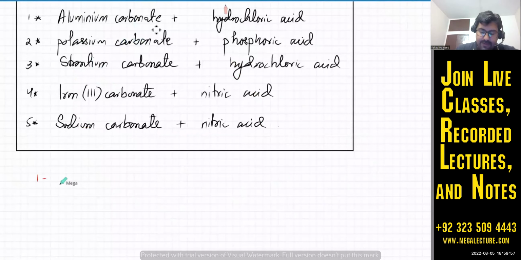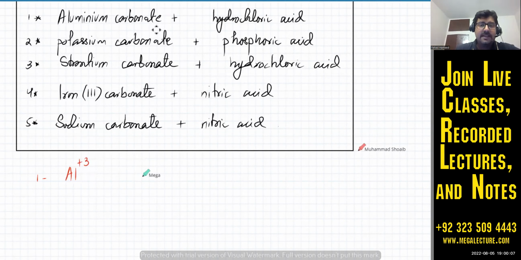Aluminium carbonate. So I need to figure out what aluminium carbonate is. Aluminium is group 3. So what does that mean? It means it has a +3 charge on it, right? It's Al with a charge of +3, because it's group 3. Remember, anything group 3,